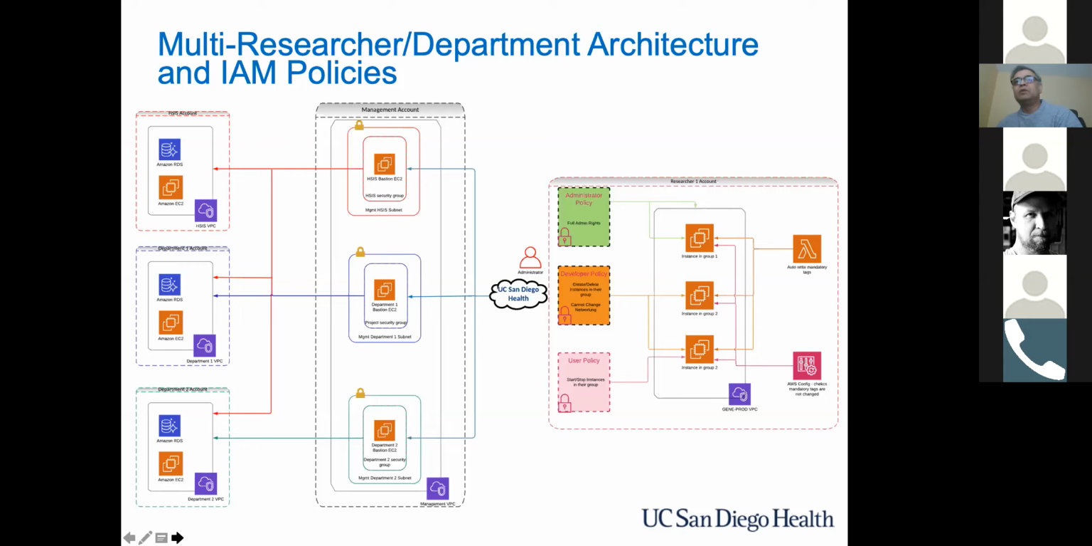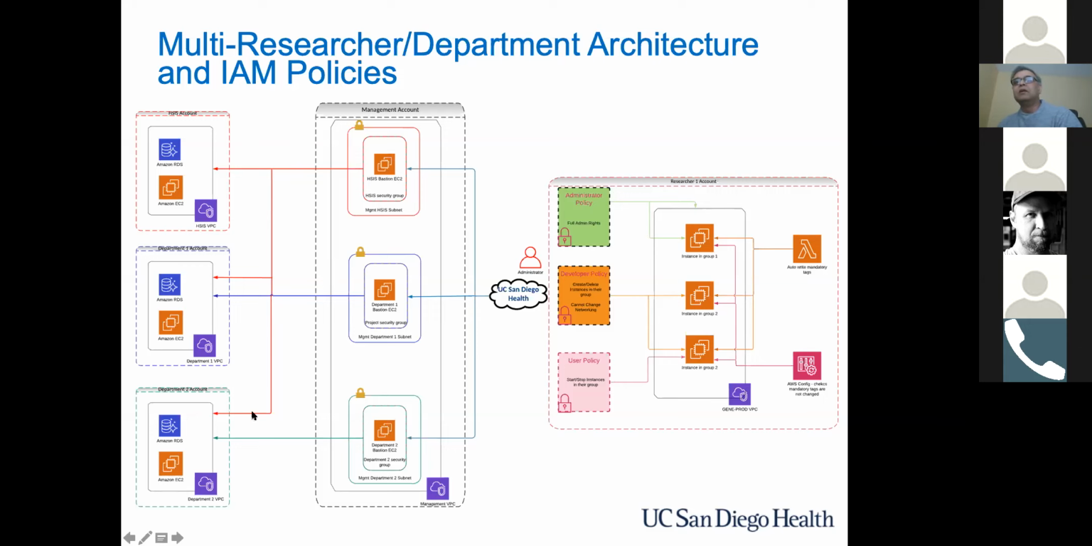Now, if we start with the top Bastion host, that is for the UCSD Health IS team. Because they are in charge of overall management for patching or maintenance, they have access to all the different research groups on the left-hand side. So if you follow the red line, they have access to all the different accounts and all the different VPCs,